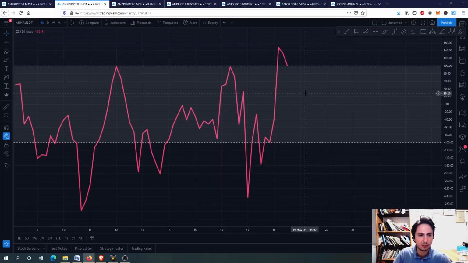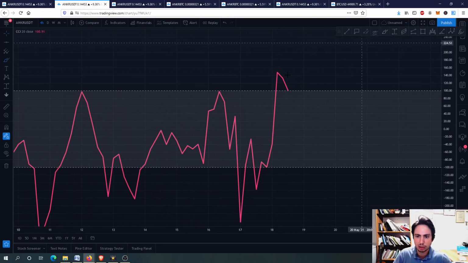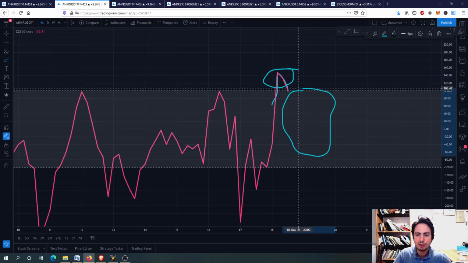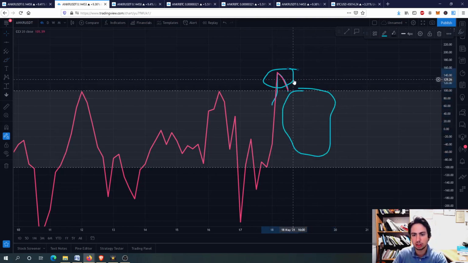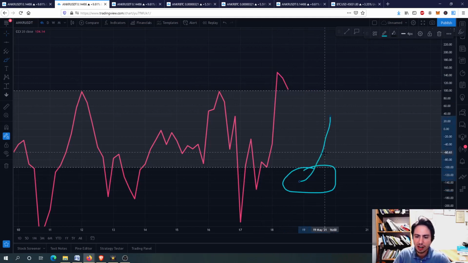Right now, let's go to the commodity channel index on the 4-hour frame. We see we have an overbought situation. What does that mean, guys? It means when the pink line is above the gray zone right here, we are having an overbought situation, therefore a selling opportunity. When it is below, we are having an oversold situation, therefore a buying opportunity.